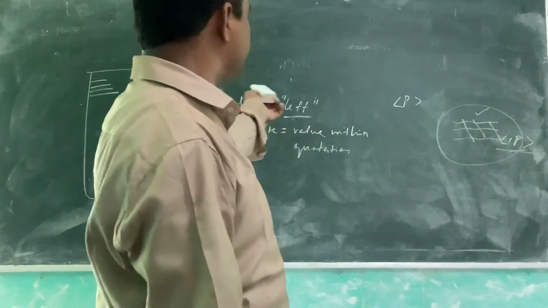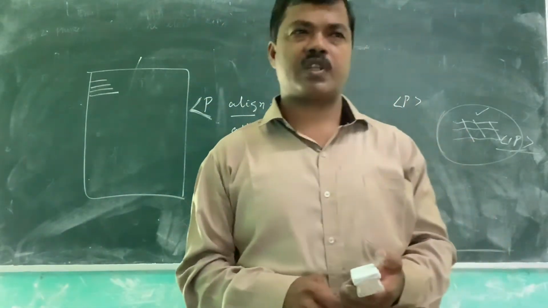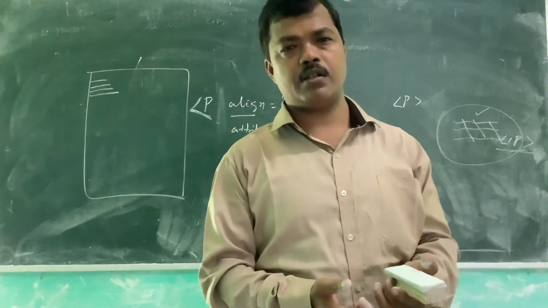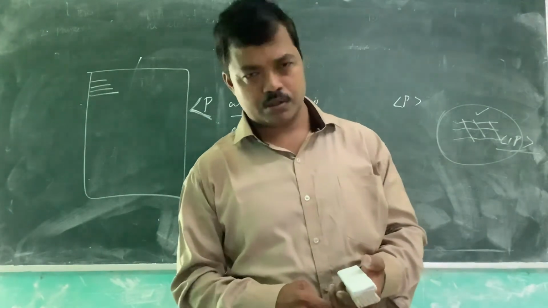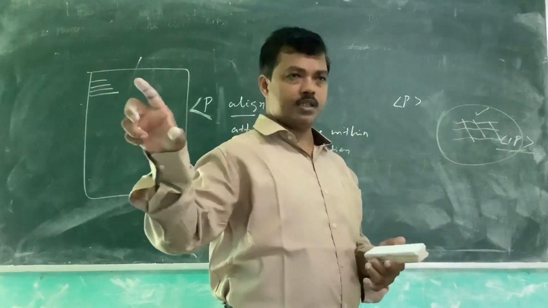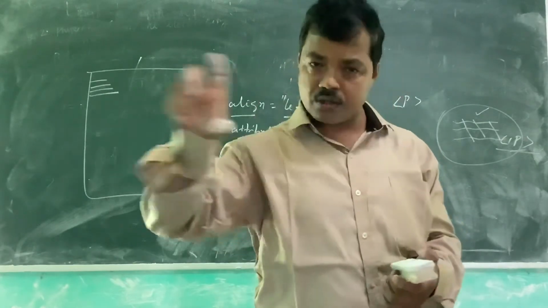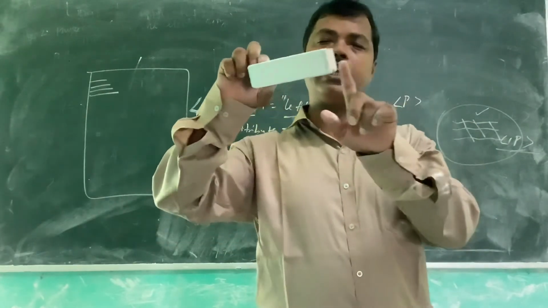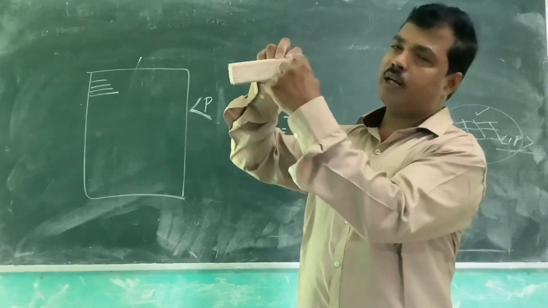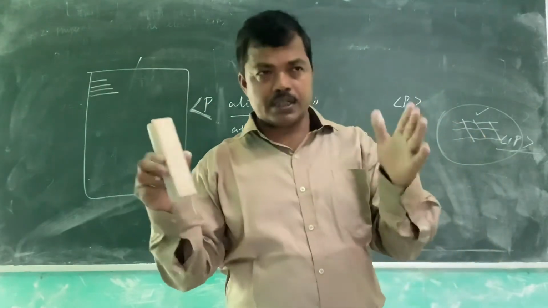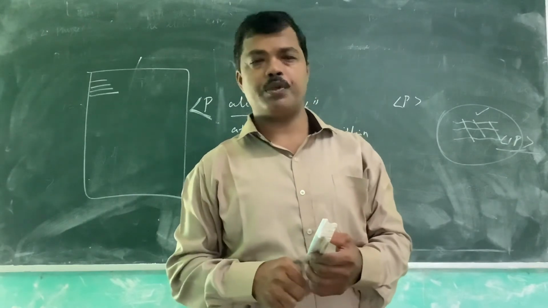Just simply change align equal to right to see the paragraph contents in the right of the output window, align equal to center in the middle of the window, the middle of the horizontal. Which type of alignment is this? This is not vertical alignment, this is horizontal alignment. That means horizontally it will show left, center, right, and in justify it will try to smooth both the edges of your paragraph.